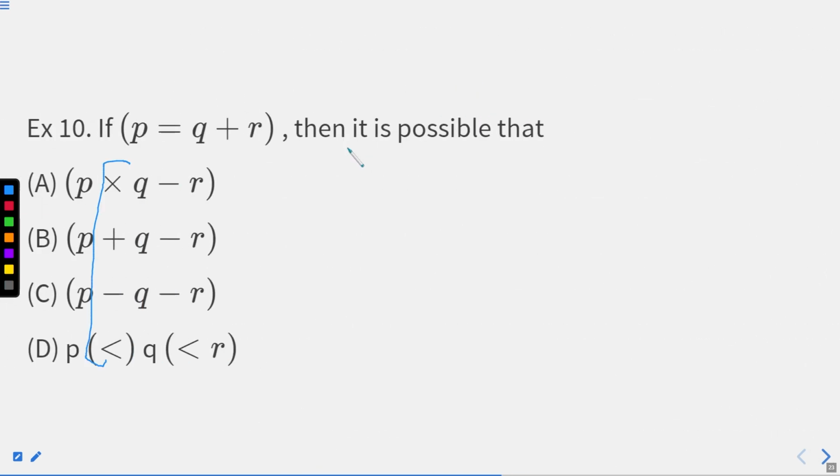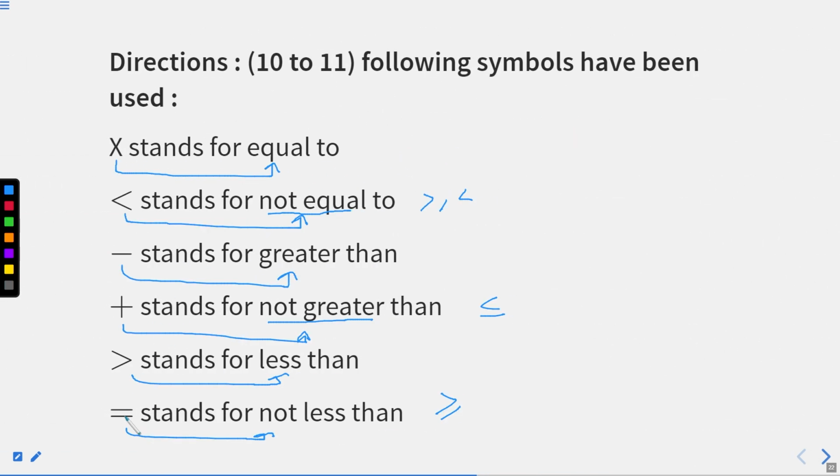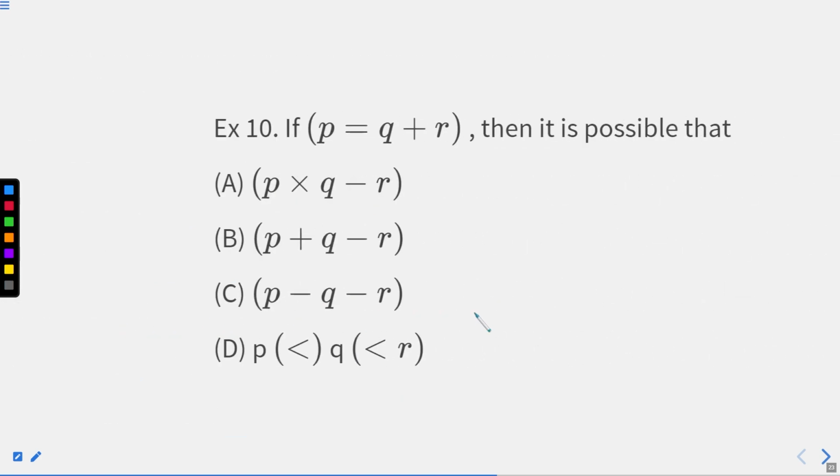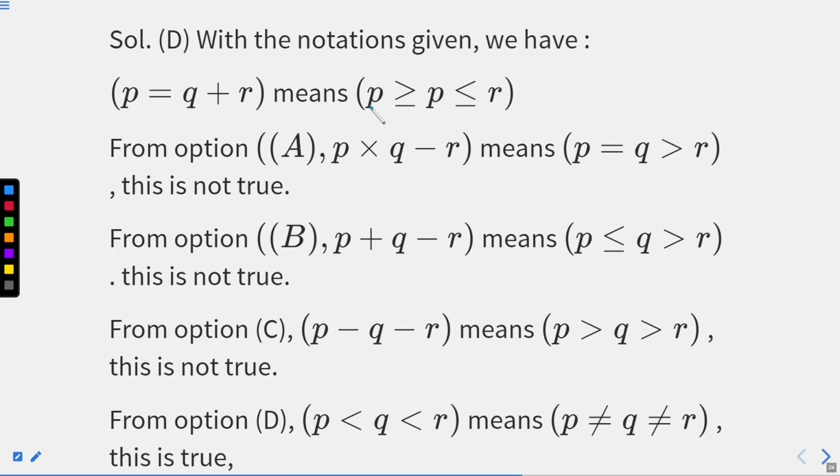Here you can see in the expressions what we are using. In the place of equals to, we are using greater than or equal to. In the place of addition, we are using less than or equal to. And using both these things, we are getting close to this expression, right? This is one equation, right? For option A, we are getting this expression, which is a not true statement. This is a statement which is satisfying the expression given, right?